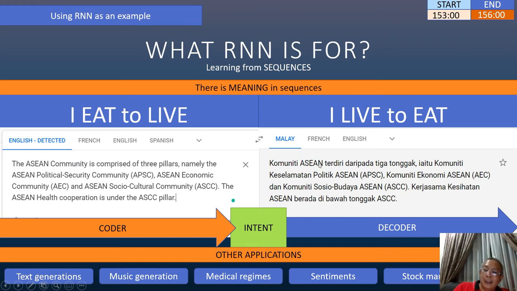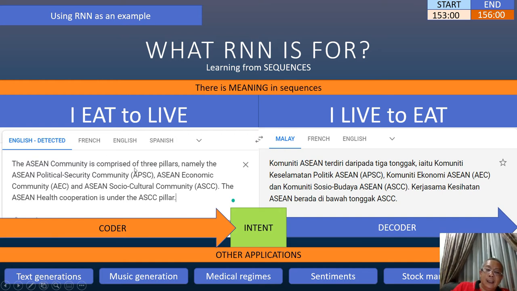Already a reversal. "Terdiri daripada 3 tonggak, iaitu Community Keselamatan Politik ASEAN." So just now it was ASEAN Political Security Community. But when it's translated, it changes sequence into Community Keselamatan Politik ASEAN. So the first word here is ASEAN, but the last word here is ASEAN. The sequence has changed. So this is called the coder-decoder model, where the coder